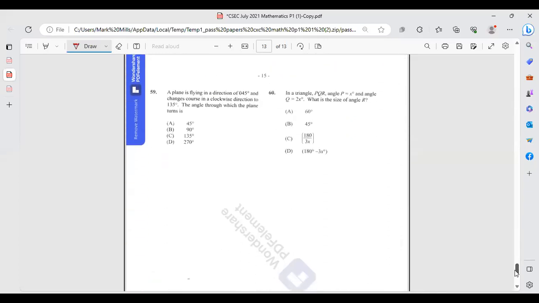We did 59 already. What do we get? 90 degrees, right? It will be 35 minus 45, which gives me what? 90 degrees. And this one here,